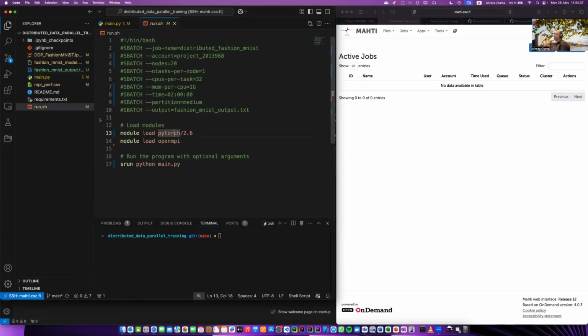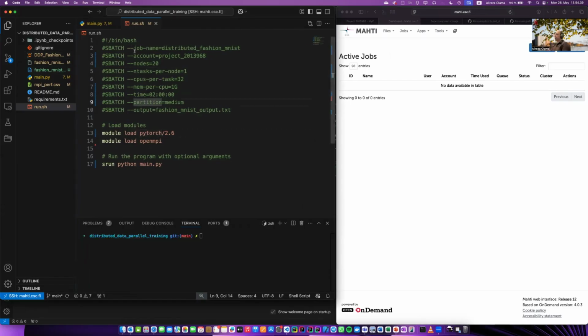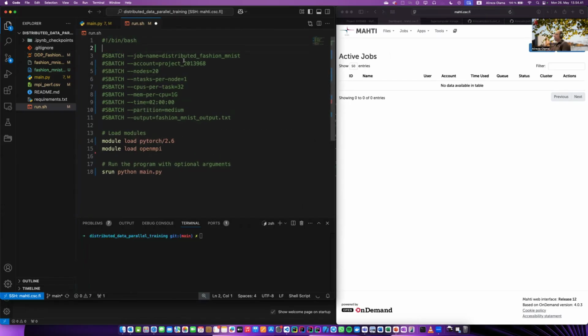Okay, so this is my JavaScript. So as we talked about in the workshop, you need to have a name for your job. You need to specify the project ID that you can get using CSC-projects. Here I am allocating 20 nodes on Mahti, and the number of tasks per node is 1, which means that each node only needs to